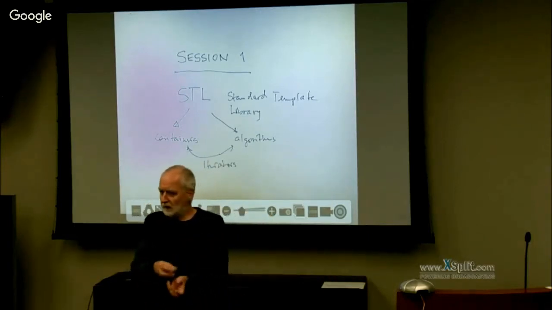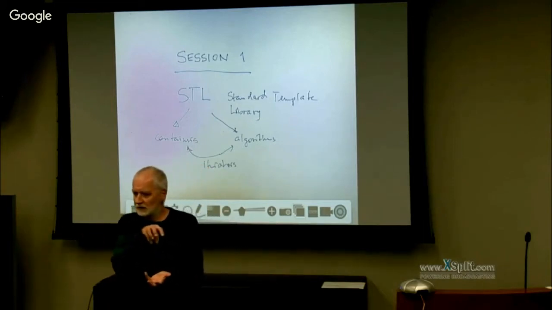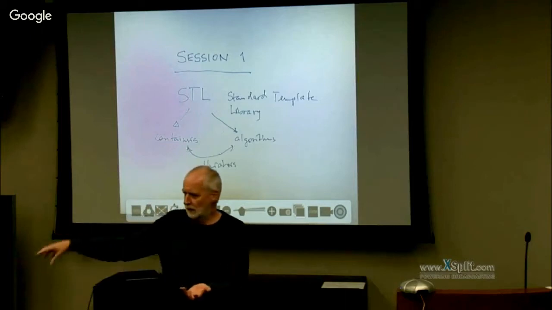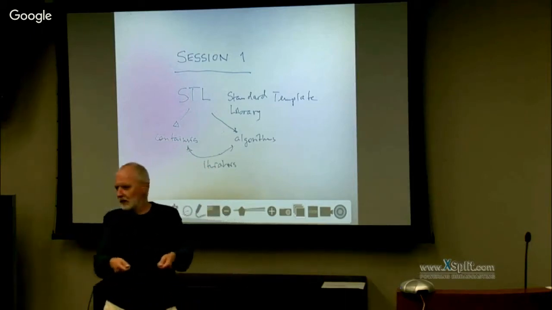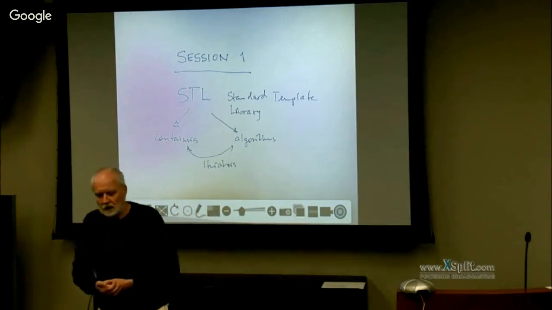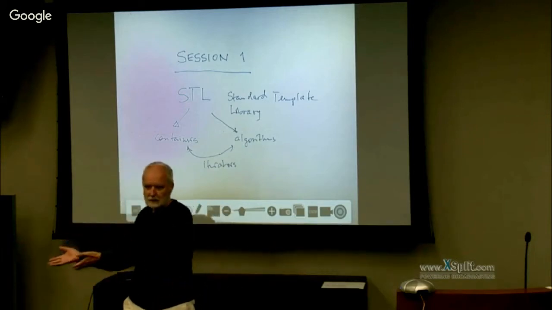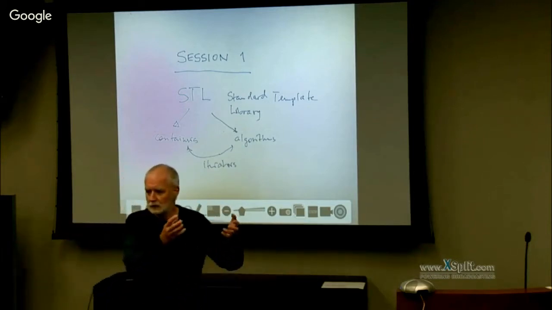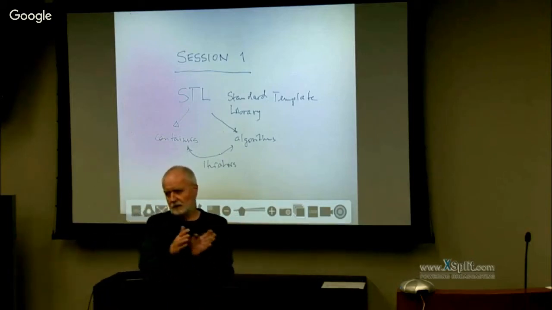When I'm copying things from A to B, I don't care what is the data type of the things I'm copying from. Copying just means I take whatever I have and move it over, or create a copy of it in a different place. So the copy algorithm itself doesn't have to know anything about the data type it's working with. All it has to know is how to move things from it. So you abstract the actual operation on the data from the data types.